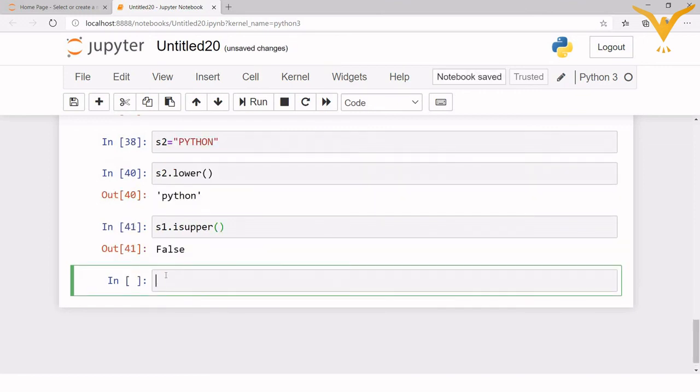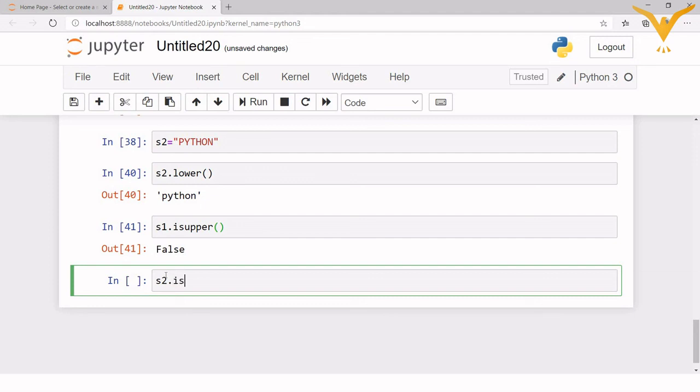So this will give me a boolean value as false because the string contains lowercase characters. Then we'll check for s2. We'll check whether the characters in variable s2 are in lowercase or not.